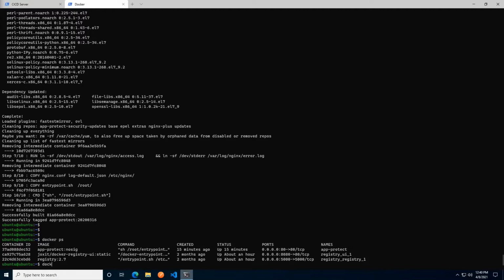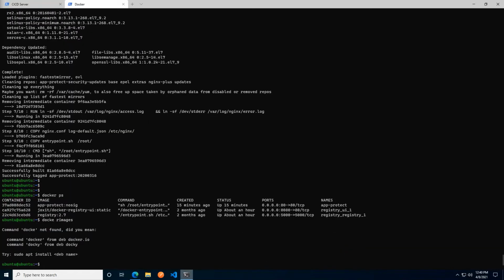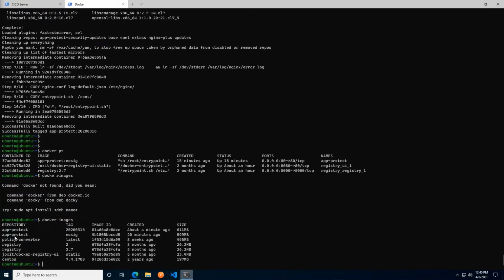If we look at our Docker images, and if I perhaps could learn how to type any day now, ladies and gentlemen, I promise I'm going to take a typing course. We see we now have 2 container images here. One with the no-sig tag, which was the first one we created, and one with the date tag, which is the one we just created now. You'll see when they were created, and you'll also see that they differ slightly in size, which is to be expected because the latest creation is exactly the same as the previous creation, but we're also adding the updated signature file. So we're expecting a size difference there.